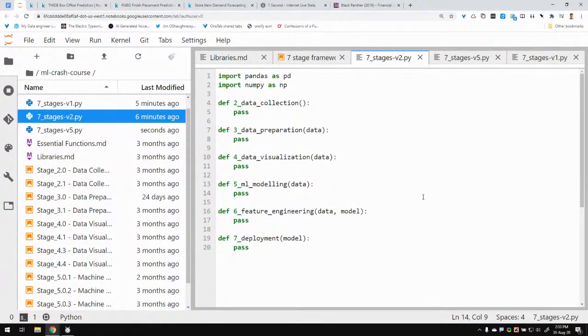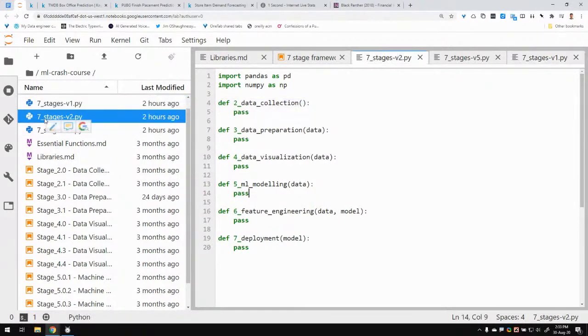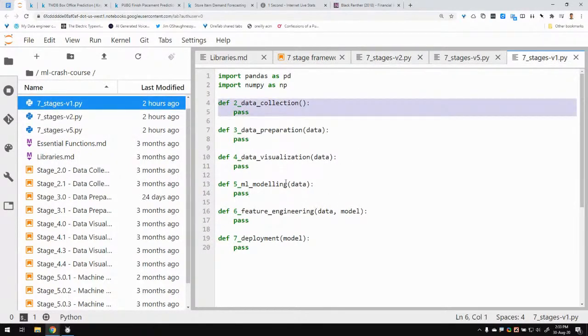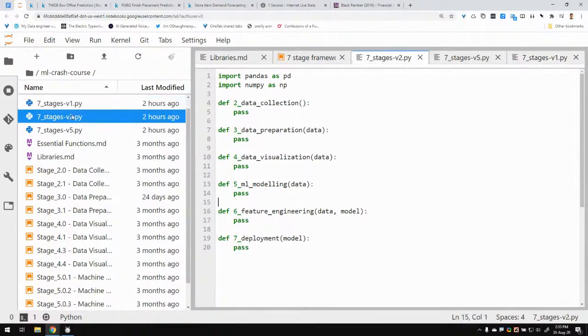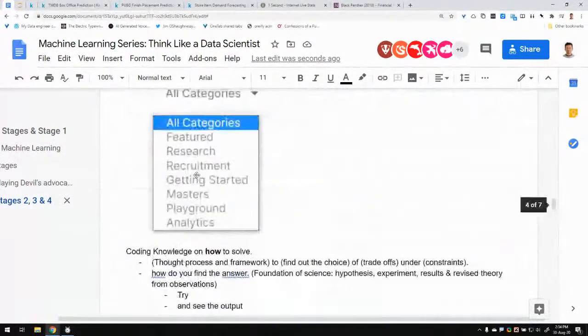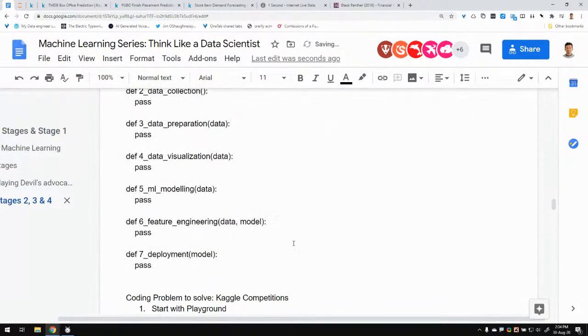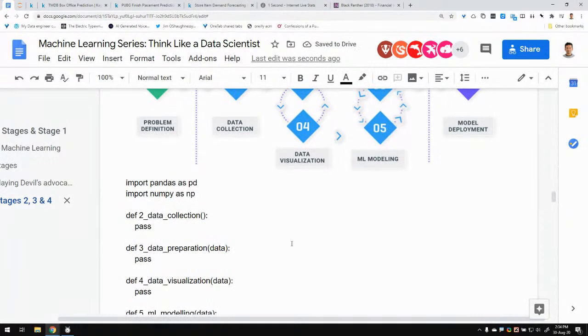Okay, so the showcasing code is the 7 stages V1. Here is this 7 stages code. Okay, so let's think up of each thing and we will incrementally increase the complexity. So now we are into this part. Okay, so let me just copy paste this and paste it here in the 7 stages part here. So this is the 7 stage, and now in the coding part, oops,